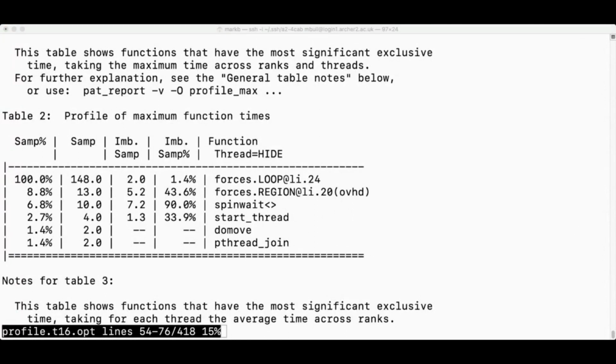So I hope you can see you can get something out of that, but it's not the most user-friendly or clear interface, I think. I tend to prefer other tools such as Scalasca for diagnosing OpenMP problems.